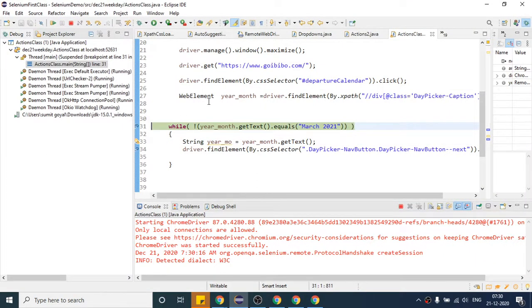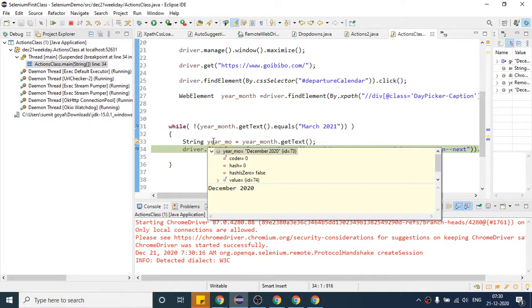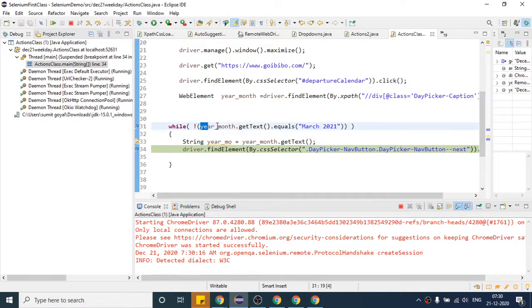First of all, it will give me December 2020, and if you want to see, it has given me here December 2020. Okay, sorry, let me execute this. So what is the variable? December 2020. Once it gives me December 2020 and compares with this, the condition will become false. But due to this not operator, this whole condition, not of false, is true. So while of true, which means correct, we will come inside.